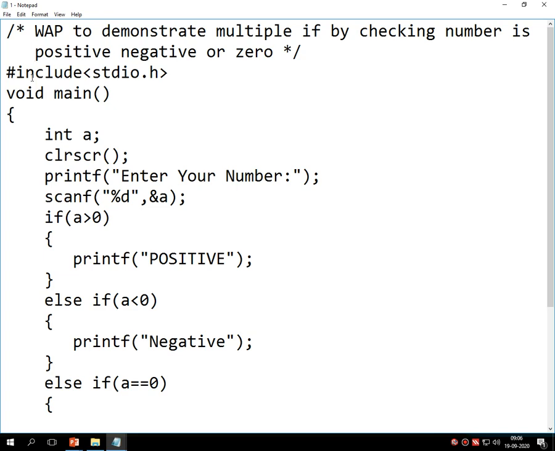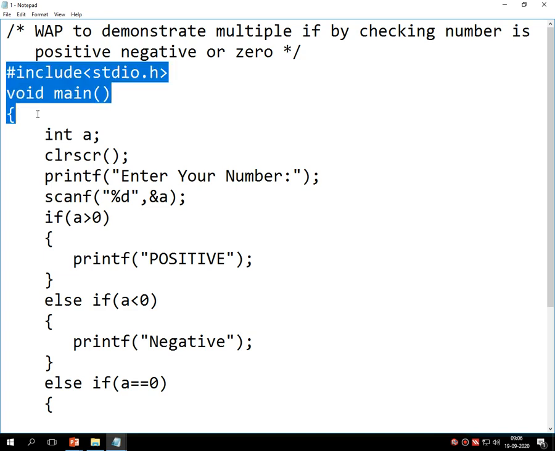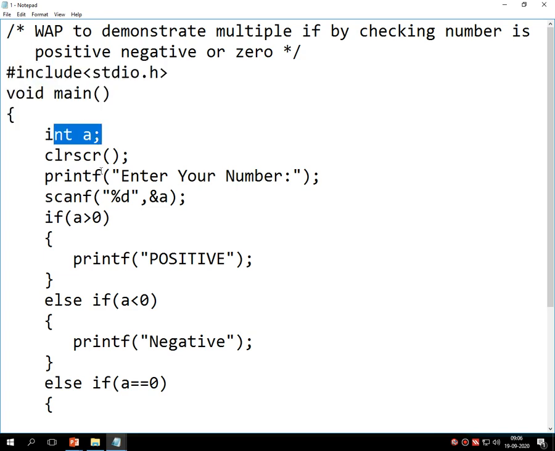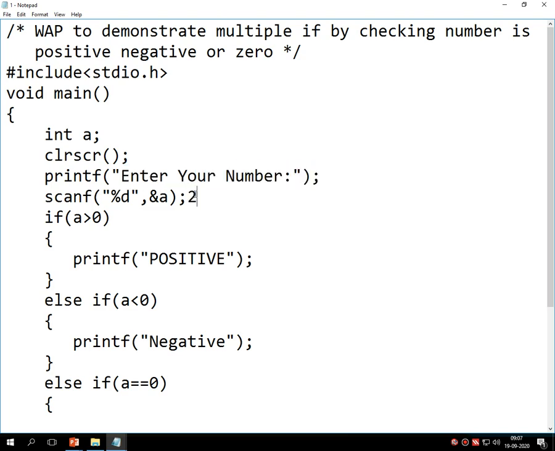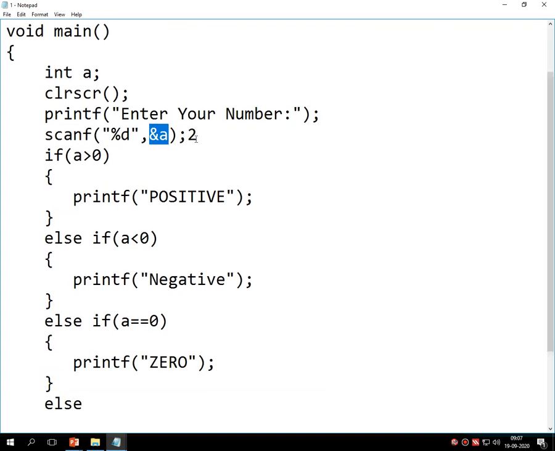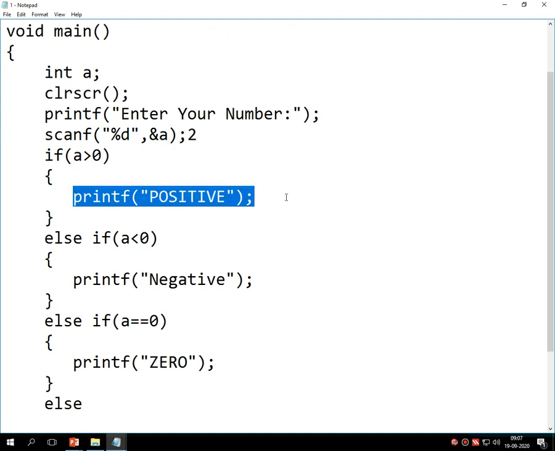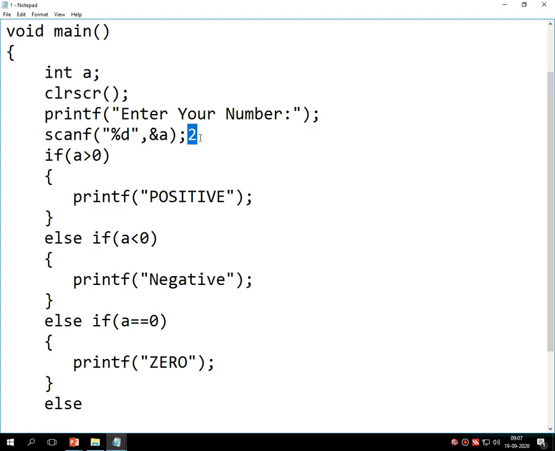Fine, it's done. After the structure of C, integer a, then enter your number. Here I am entering 2, this 2 is stored inside this variable called a. Then 2 is greater than 0. That means this condition becomes true. It prints positive and the number, and the program gets completed at the first condition.